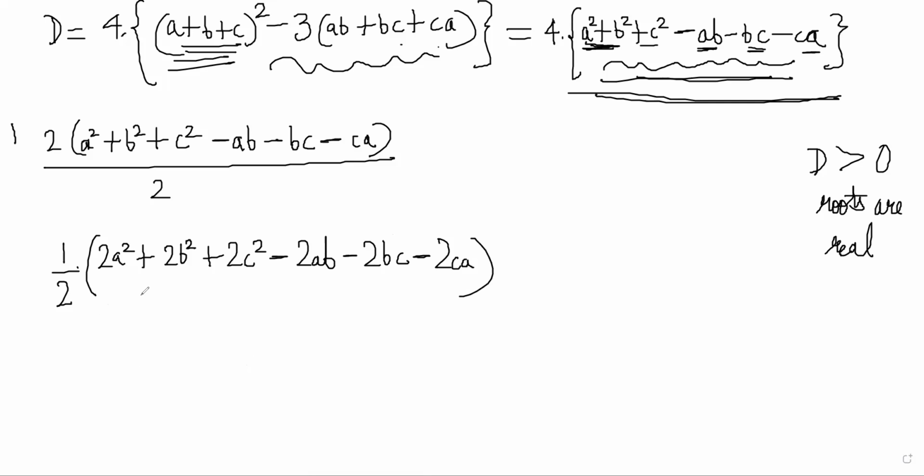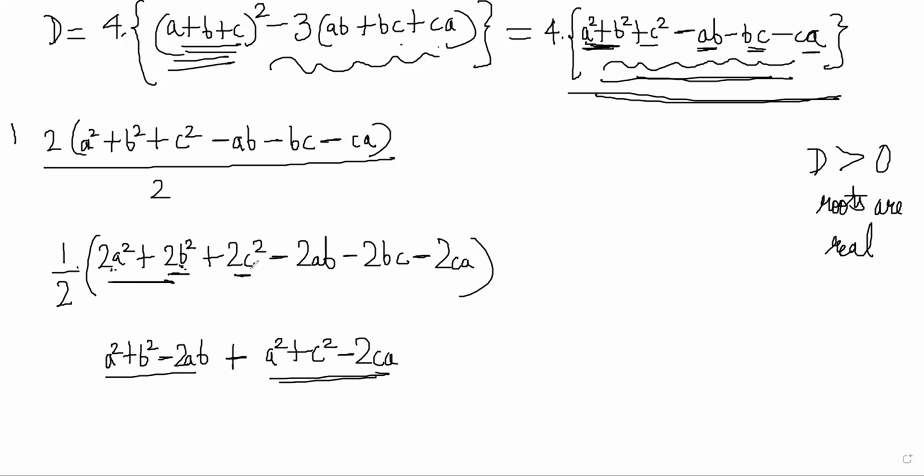And now see, very nicely it will work out, because you can write 2a square as a square plus a square, and I will collect a square and b square, 1 from here, 1 from these two, and minus 2ab, right? And what is left? 1a square and 1b square is left. Take that 1a square and collect 1c square: a square plus c square minus 2ca. And what is left? 1b square and 1c square are left now. So then you get a minus b whole square, a minus c whole square, b minus c whole square. So see, this is actually the same thing as this.